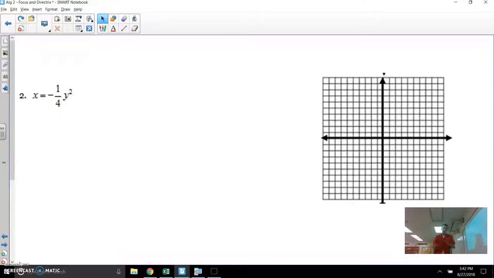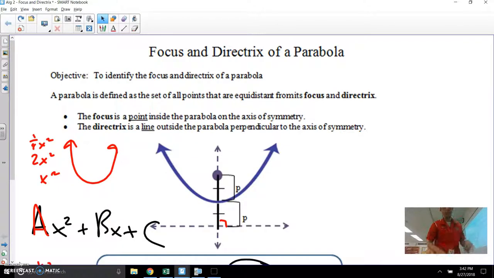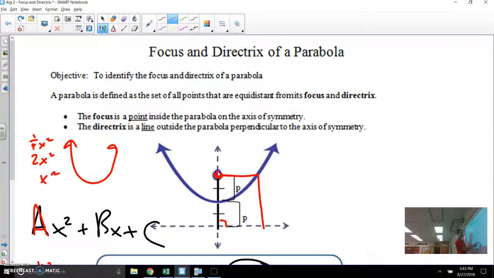Hey, Algebra 2, today we talked about the focus and the directrix. The focus and the directrix are important for parabolas because there's an equidistant value of p anywhere on a parabola's curve. So the distance from here to here is the same as here to here. And this directrix line and this focus fall right perfectly in between what we call the vertex, that turnaround